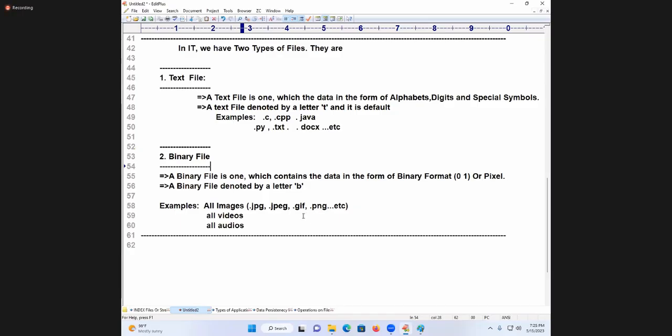Easy. So I am going to say how many files there are. A binary file is denoted by the letter B. A text file is denoted by the letter T. If I don't write any letter, it is which file? Right. Any file that contains a small image is called binary. Any file that does not contain images at all, like an XML file, a JavaScript file, any file, only alphabets, digits, etc., is called text. That's all. Shall I move forward?